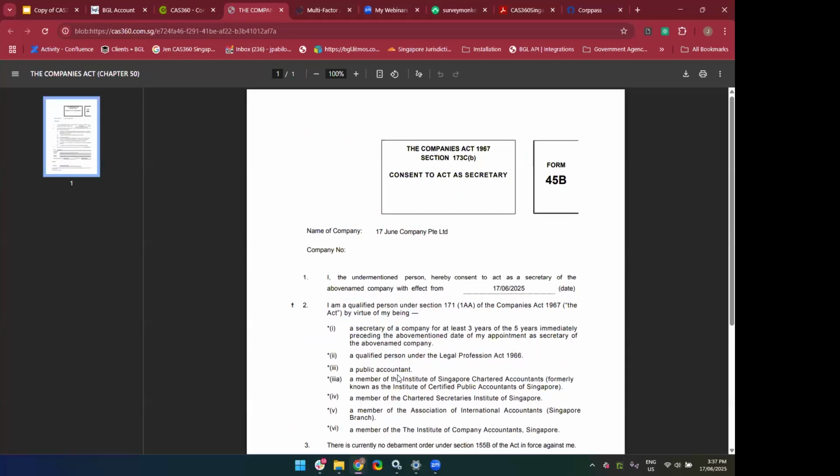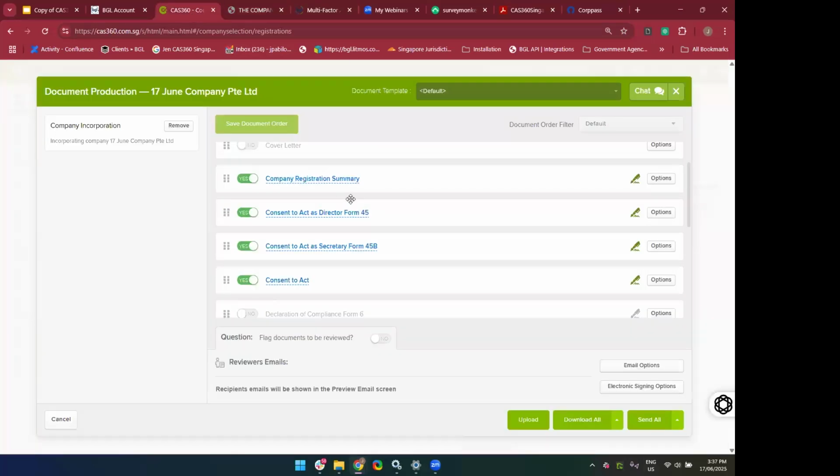You no longer have to fill up the form manually, you can simply set up their data and select the type of change you're doing for that company. So in this case, we are processing an incorporation. So I've got my consent to act,